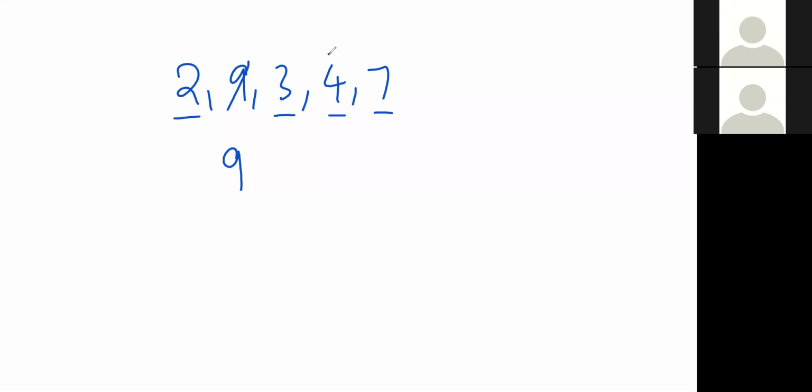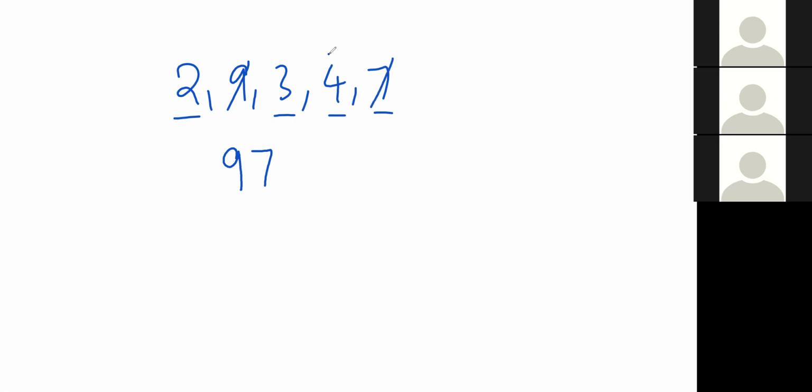Out of these 4 digits, which one is the largest one again? 7 it is. Out of 2, 3, 4 and 7, 7 is the largest one. Completed. Next, the remaining numbers are 2, 3 and 4. Out of these 3 again, which one is the largest one? 4. Finished. Coming to 2 and 3, which one is the largest? 3. Finished. What is remaining now? 2, which is least among all those 5 digits. So here I have created the greatest 5-digit number by using these digits.